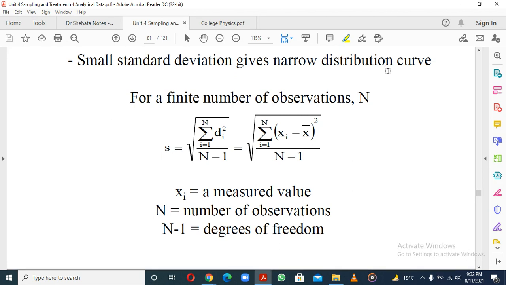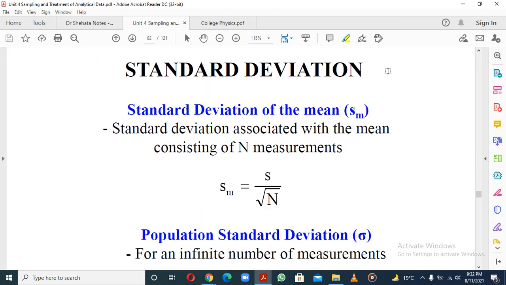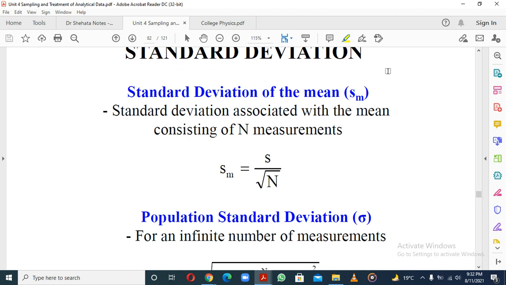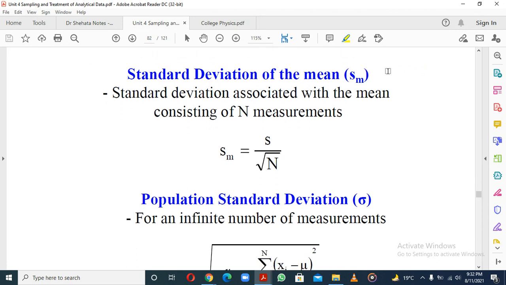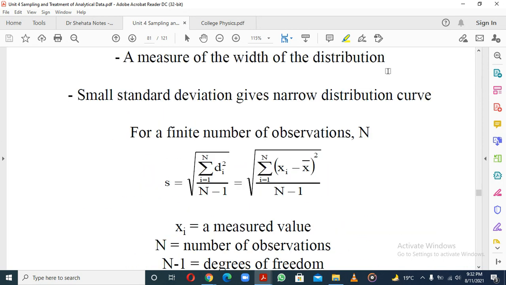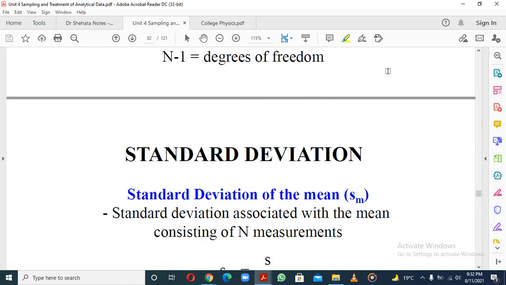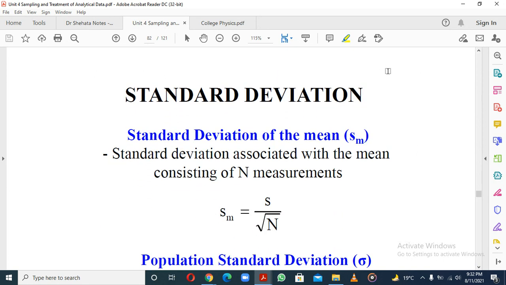Then standard deviation, so you're going to have standard deviation of the mean. So that's a standard deviation of the mean. It's basically the sample standard deviation over the square root of the number of measurements. So you have to find the sample standard deviation using this formula. That's going to be the small s there on top. Then to find the standard deviation of the mean, you just get the standard deviation over the square root of